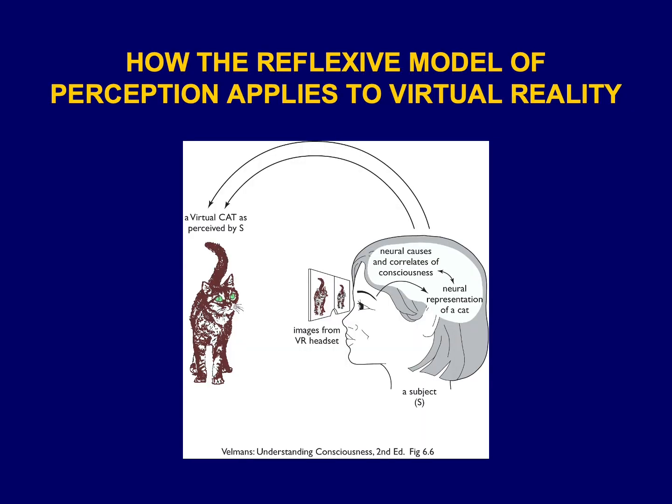The very same reflexive projective processes are involved in the creation of virtual realities. Here we have another demonstration using exactly the same diagram, but in this instance, as it applies to a virtual reality situation. So here, this is no longer a real cat out there in the world, but a virtual cat. And what the virtual reality system does is to project the images respectively to the left eye and the right eye of an observer, which would be projected to the subject's eyes if there were a real cat out